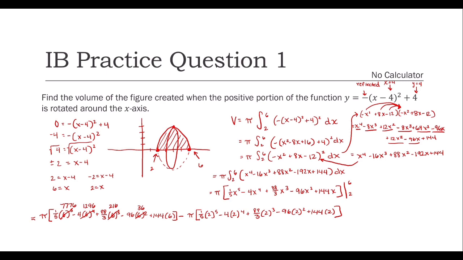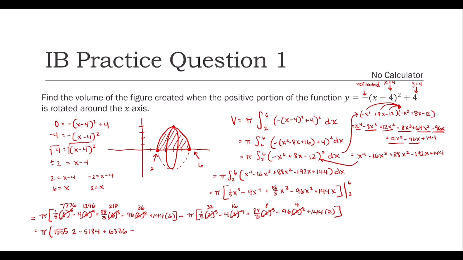We'll do that same simplification with our 2's. 2 squared is 4, 2 cubed is 8, 2 to the 4th is 16, and 2 to the 5th is 32. So this equals pi times 7776 over 5, which is 1,555.2, minus 1,296 times 4, which is 5,184, plus 88 times 216 over 3, which is 6,336, minus 96 times